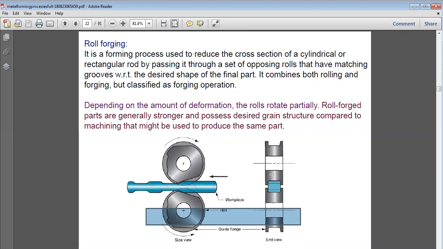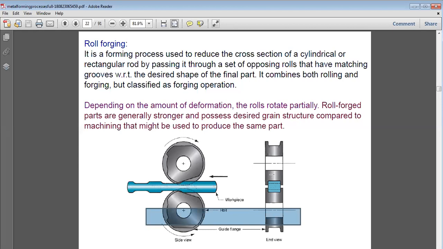So another advantage of roll formed parts is that their grain structure is stronger. See, when we are studying this, forging, if we say it is a metal removal process only, right? And machining is also a metal removing process only. But it depends upon us which type of machining we opt for, because every machining has its pros and cons.